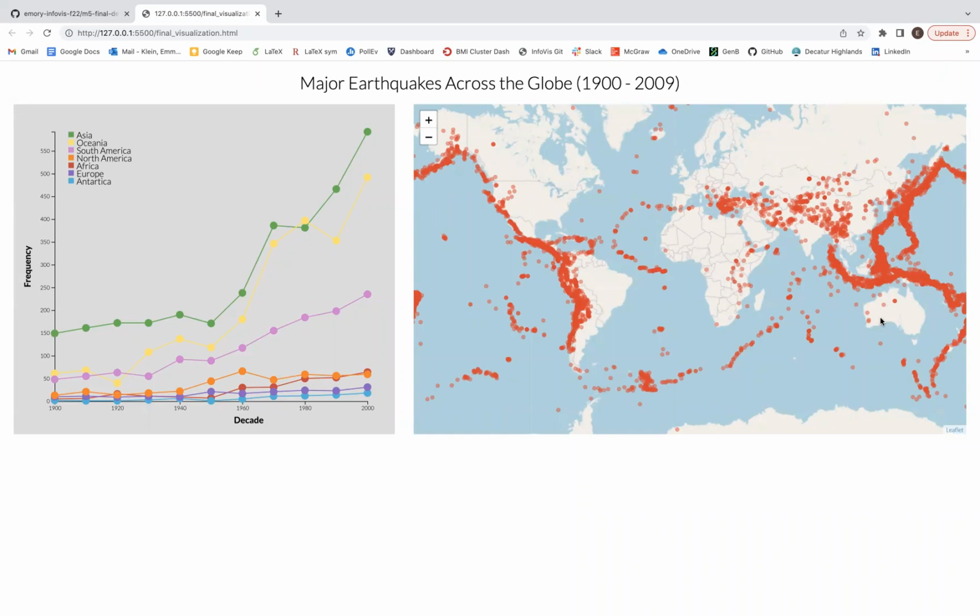Earthquakes are highly catastrophic events and often lead to extensive damage. Therefore, earthquakes negatively impact communities across the world. So, it is essential to understand and investigate trends in earthquake data. As a result, we aimed to create a visualization that would display patterns in major global earthquakes throughout the past